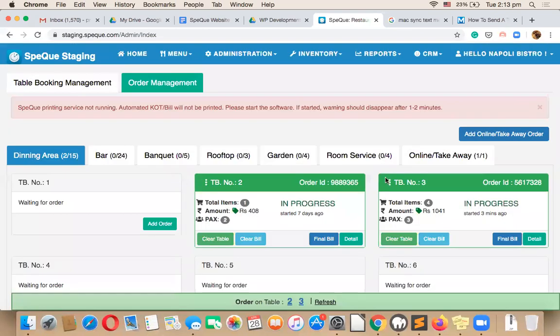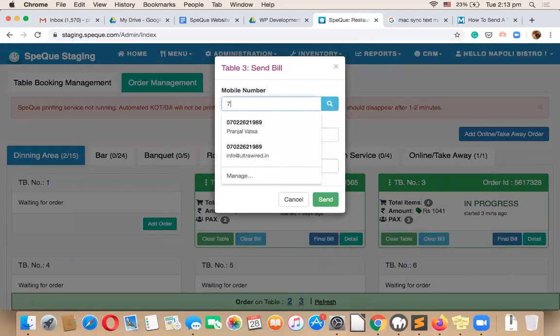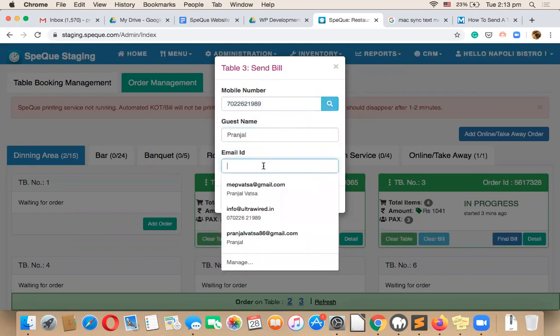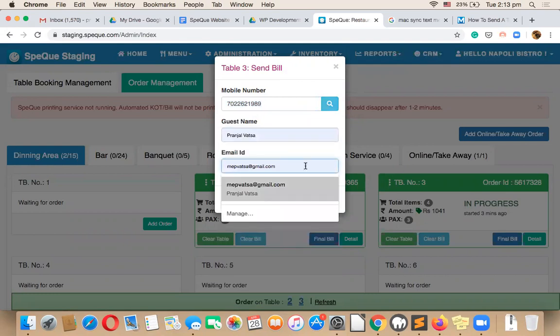So from here, I can send the bill to the customer's email. So let me send this to my email. If I enter my mobile number and press search, my name is coming up. I can also send this to my email ID as well.